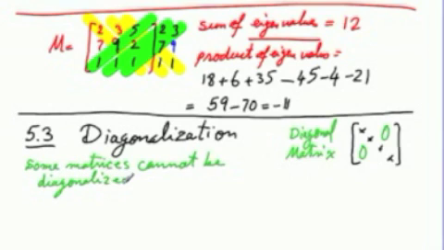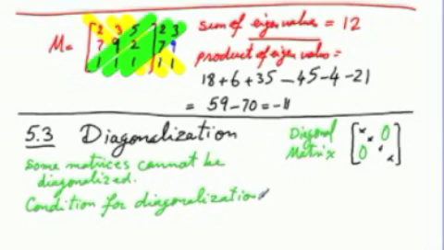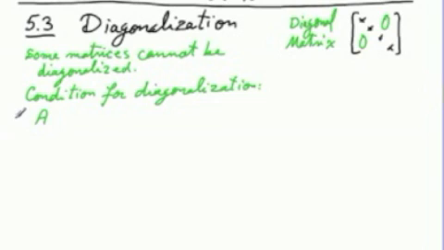So the question is, which matrices actually can be diagonalized? There are also extensive theorems to establish that. Essentially, what you need is a full set of eigenvectors to be able to do this. So the condition for diagonalization: suppose you have a matrix A, a square matrix A. If your matrix has a full set of eigenvectors,